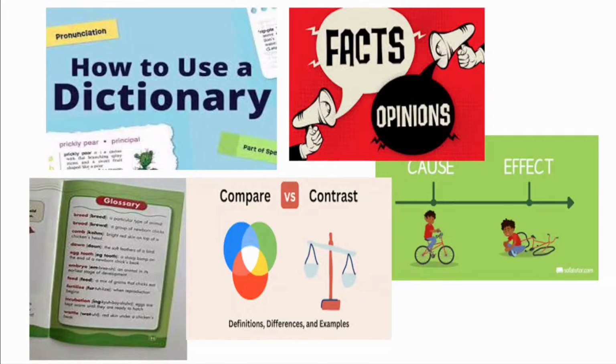So this is going to be a last lecture, and we'll be focusing on a few topics like how to use a dictionary, facts versus opinions, how to use a glossary, compare versus contrast, and cause and effect. Right, so these things are very important for all the types of skills, whether it is writing, speaking, listening, or reading,